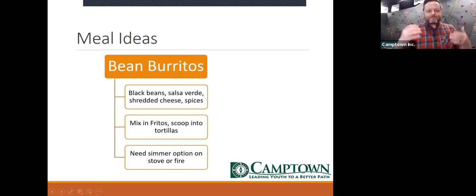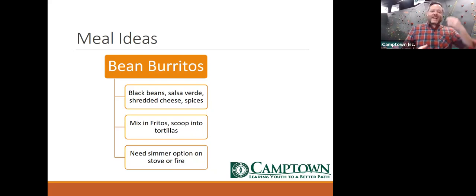So there's one idea. Another one, bean burritos. And so why not have those in the backcountry? But this one does take some cleanup, right? There's a pot that you're going to have to clean afterwards. But cooking black beans, whether that's already prepped, now the lighter version is the dehydrated, the dry black beans, and to be able to soak them and then to cook them and use green salsa, salsa verde,